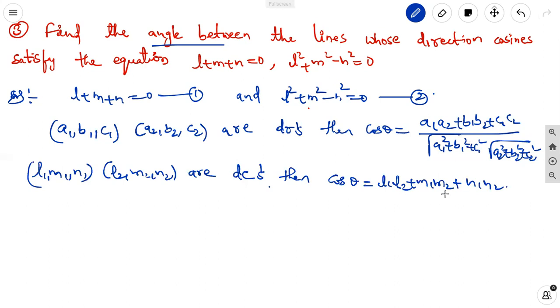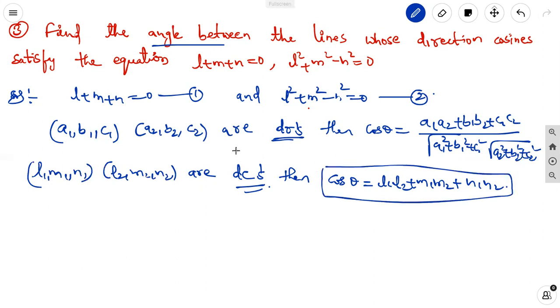These two are the difference between the formulas for direction ratios and direction cosines. In direction cosines, we have already accounted for the a1 square plus b1 square plus c1 square, so in l1 only that is included. So that is the difference in finding the angle between two lines whose DCs or DRs are given. First, we find the direction cosines, meaning we find the ratios of the two lines.